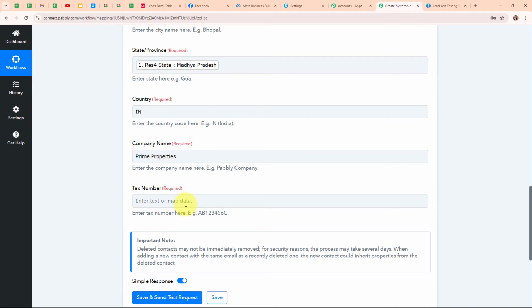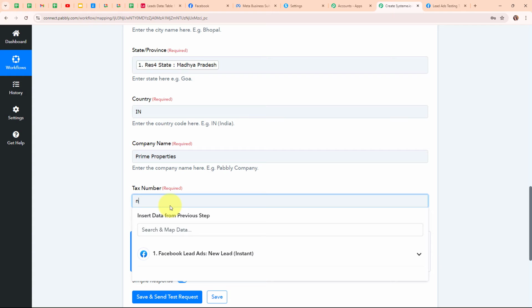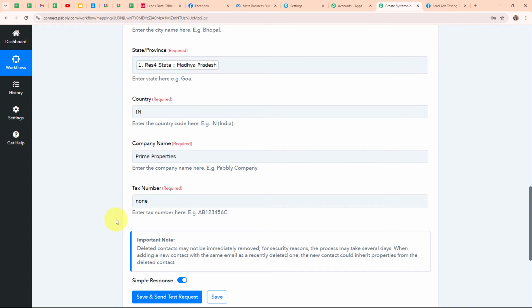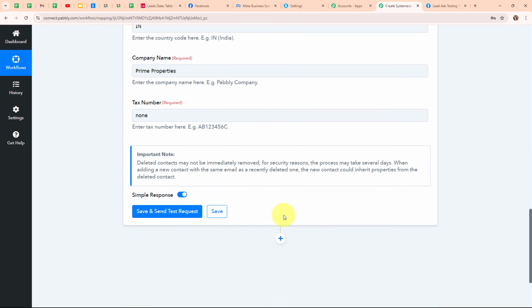And then here it is asking me for a text number. So again it's a required field. So here we have to enter some value. So here for the text number I'm going to enter the value as none. Because here I'm not receiving any text number from my lead. And now here after entering all the required data, I'm going to click on the save and send test request